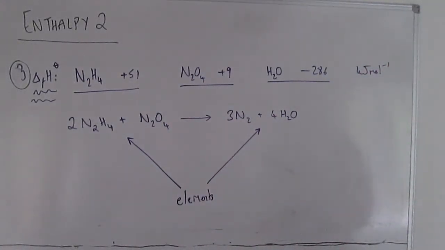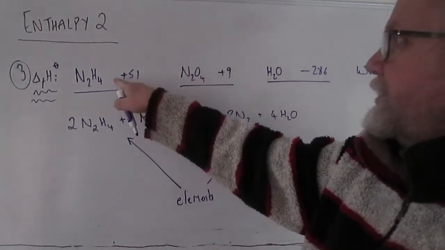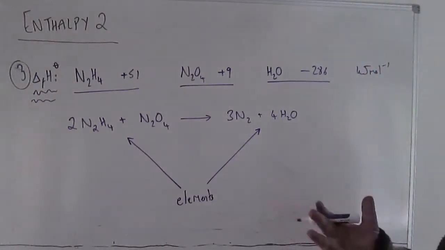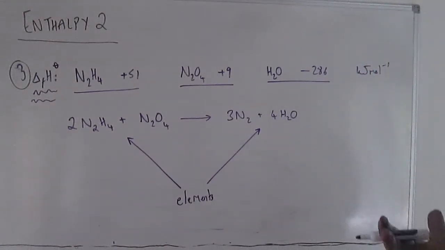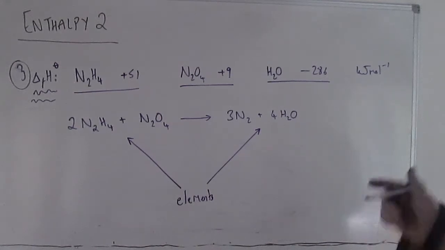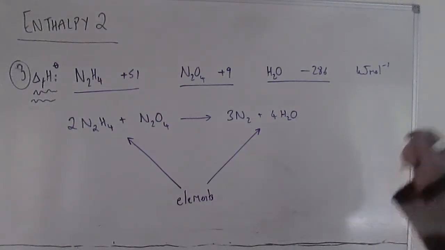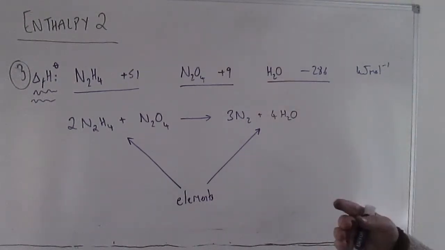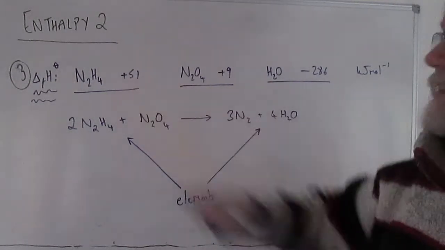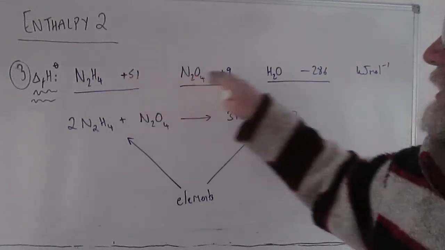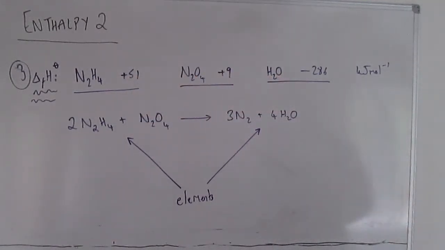And we can put the numbers on. So, to make each mole of N2H4, it's plus 51. Notice enthalpy change of formation isn't always exothermic. Sometimes the energy you have to put in to break the bonds in the elements is greater than the energy you get back in the compound you formed, and that's the case here, which is why it's endothermic. So you've got to be careful with these signs, because they can be either positive or negative.